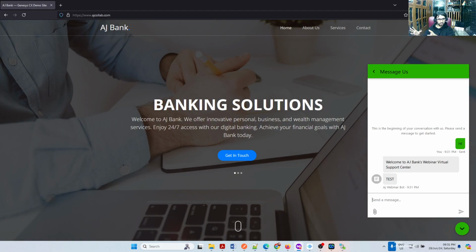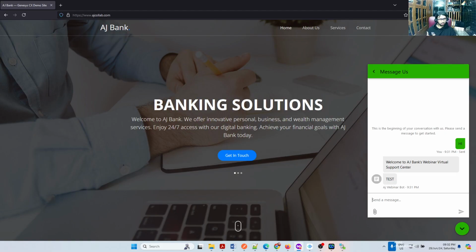We created a message flow. The message flow is just to capture the initial message from the user, because you cannot directly interact with the chatbot. You need to have a message flow and then connect that message flow to a bot flow. That's why the architecture is designed this way. Don't ask me why. That's how they designed it, and we have to follow that.